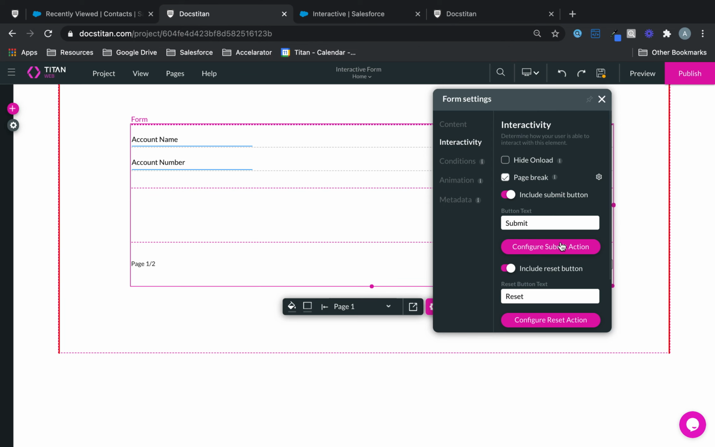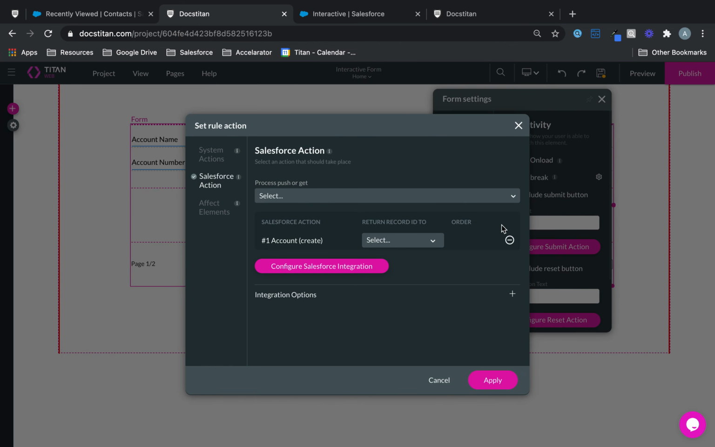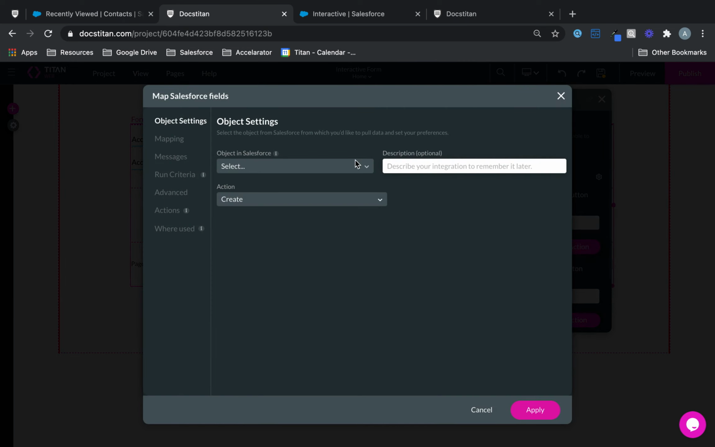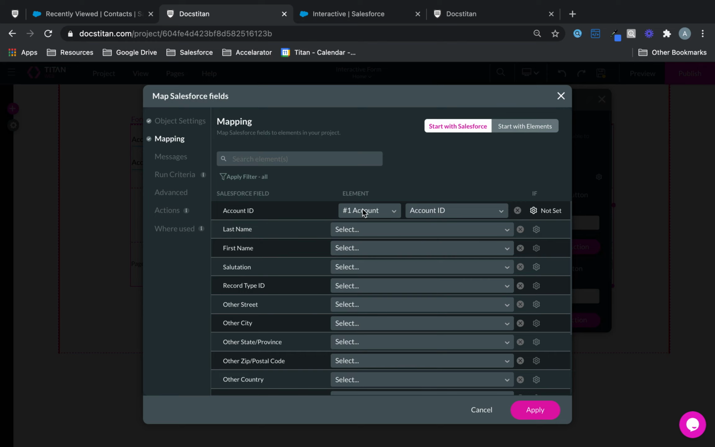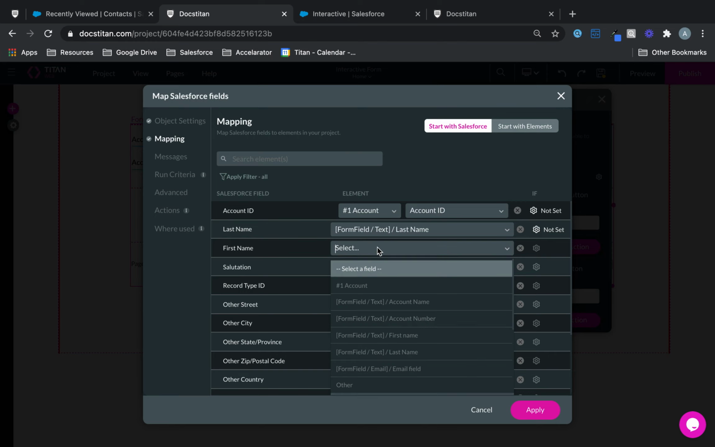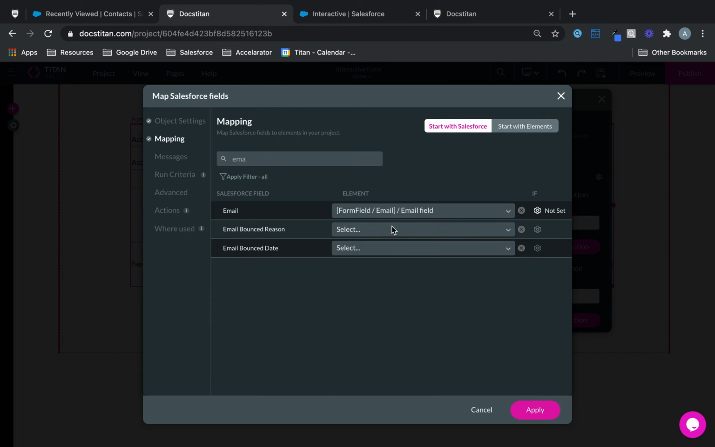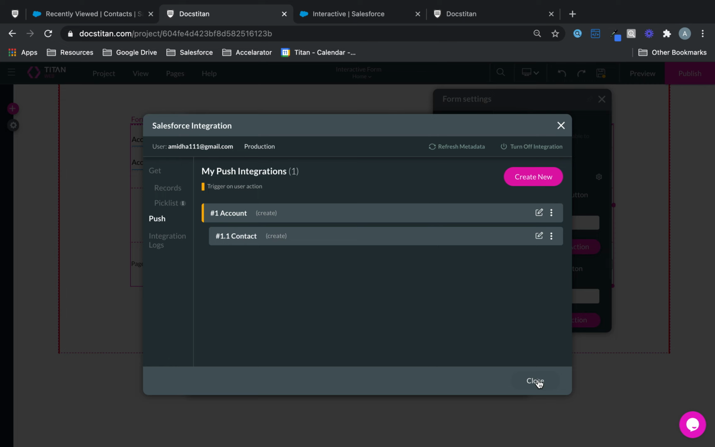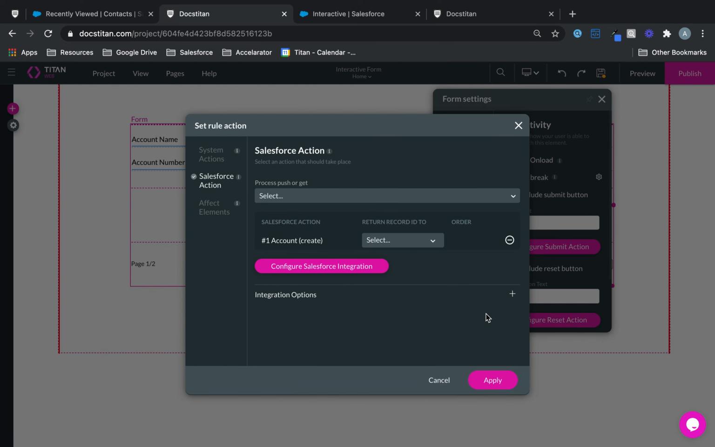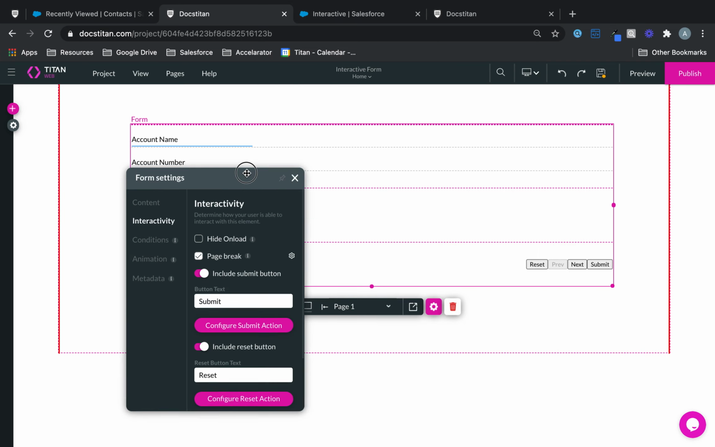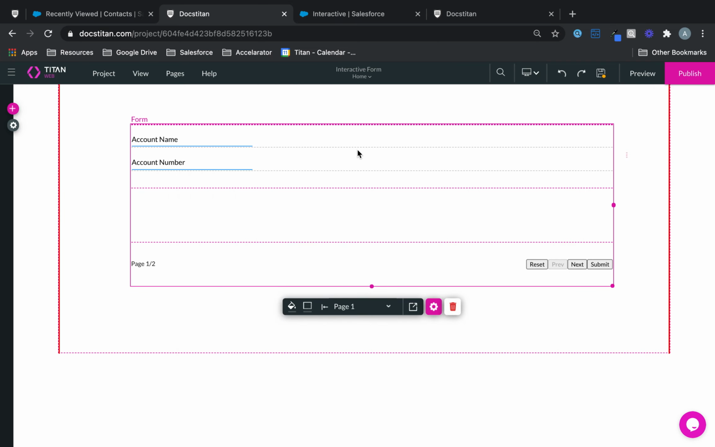I'm happy with that. Now what I'm going to do is set up another Salesforce action. So let's go over to our push, and then I'm going to create a child. So the child is going to be contact. In the mapping, the account ID has already been mapped. Last name will go to last name, first name will go to first name, and then email will go to my email field, like that. All right, and then I'm just going to simply assign it like this and apply it, and it's good. And that's what we're going to assign to our submit. So now if I click save,